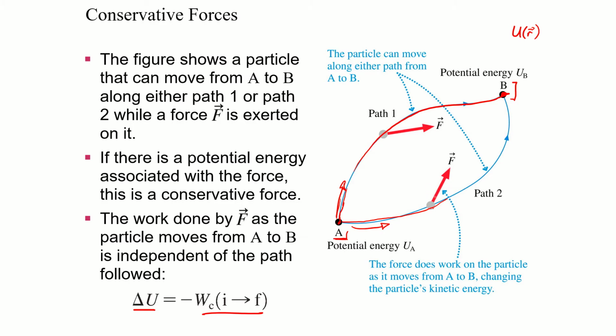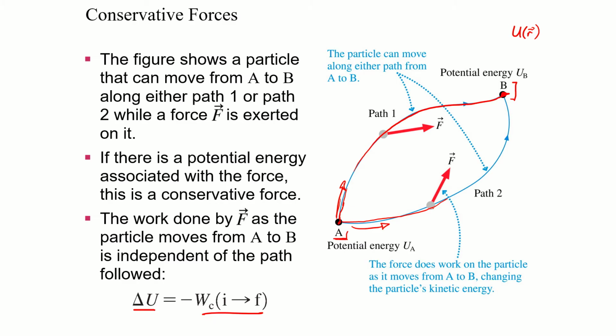So clearly, for something like friction, that's path dependent. Which path I take matters for how much work I'm doing. The same thing could be said for tension. If I applied a constant tension and pulled something along two paths, again, that work is going to depend on which path I take. So I cannot assign a potential energy associated with those forces. In upper division mechanics classes, we have mathematical ways of proving that forces are conservative or non-conservative, but it all boils down to the same thing. Forces can only depend on position, and they have to be path independent.